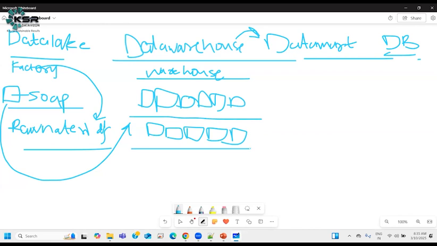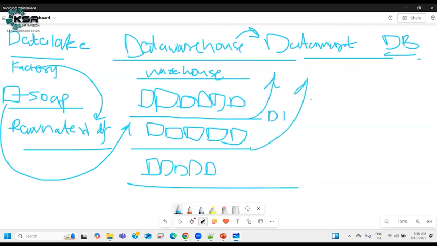Or maybe there are baby soaps as well, and all your baby soaps are kept in one single area. So this is called one data mart. This is called a second data mart. This is called a third data mart. So a data mart is a part of a data warehouse only, where all your products are segregated by their specific filter